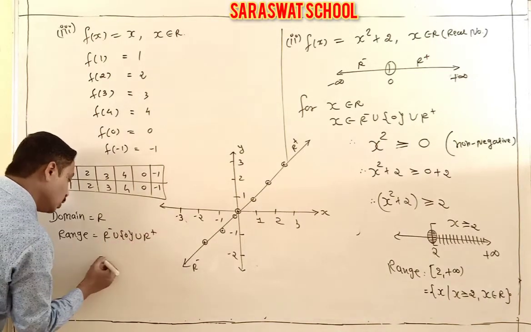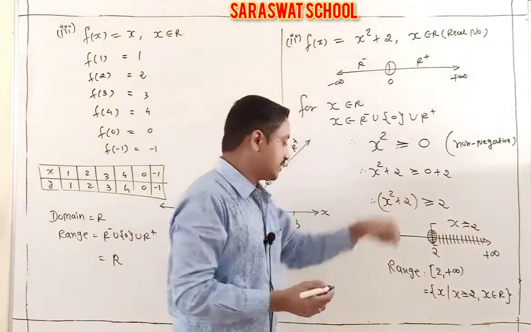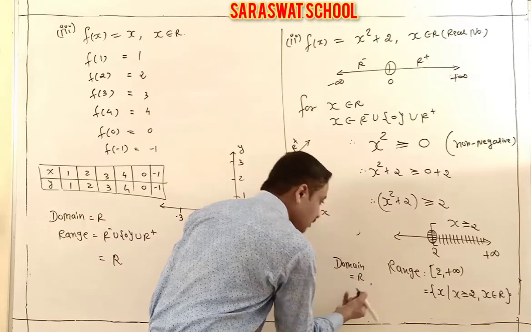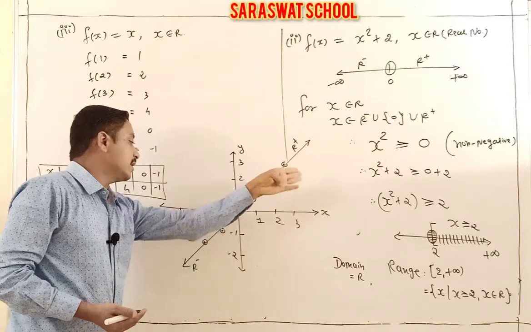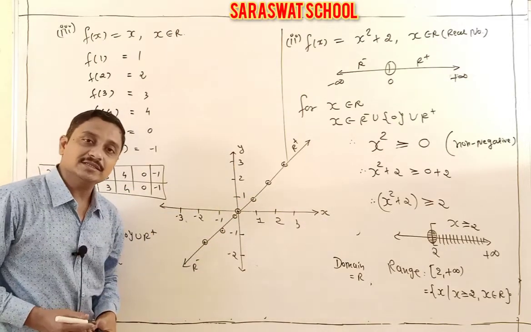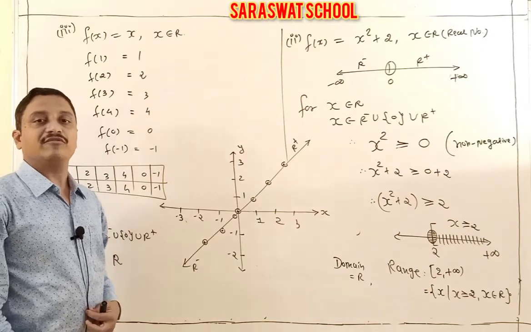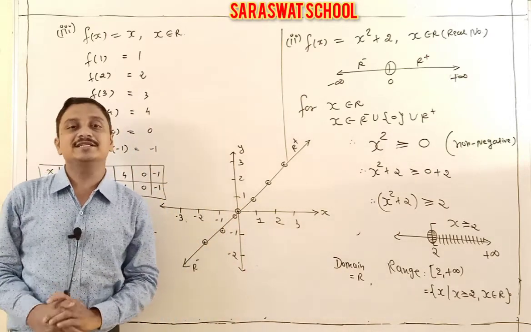Indirectly, students, I told you it is R. Here also the domain is R. If you are asked the domain, then you show it is R. But if the range is asked, then minus infinity to infinity. Here if the range is asked, it is R plus, 0 and R minus. So it's very easy. Now, after ending this exercise, students, I am going to exercise 2.